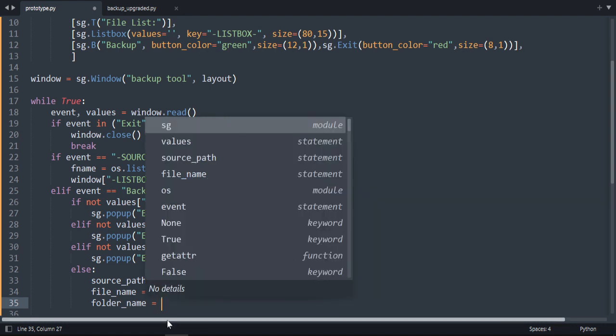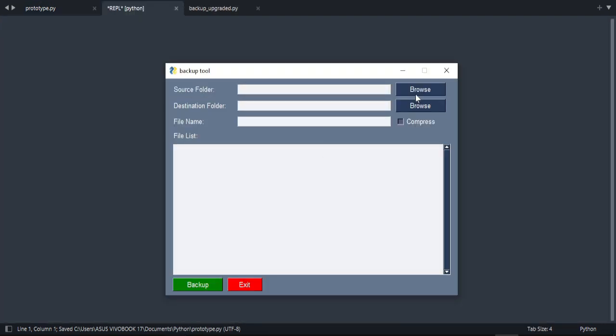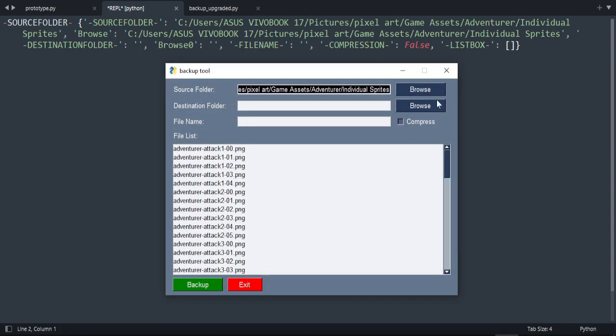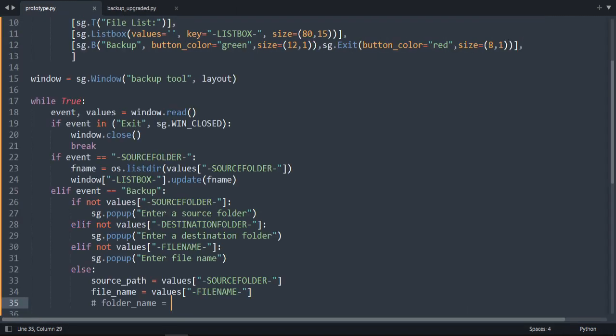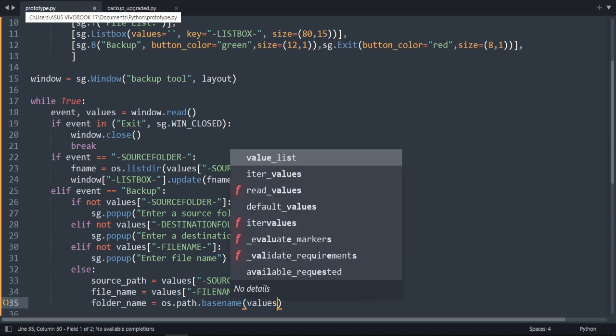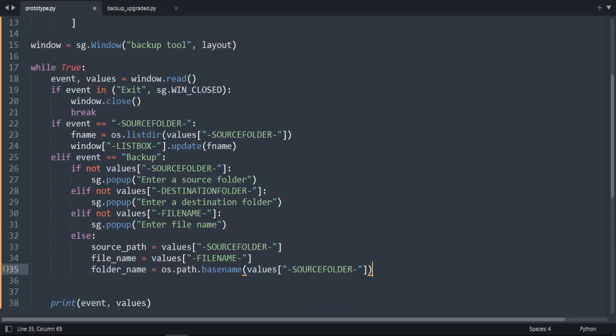So what I want is, let's comment this one. Let's run our code. Let's take a source folder, for example, this one. What I want to get is this folder, individual spots, the last folder. I want to get the name of this folder. And to do that, we're going to use the OS module. So the method is called os.path.basename, and inside it we're going to say values and set to source folder. So here we're going to get the name of the last folder in the path,